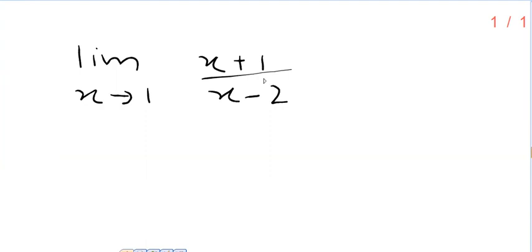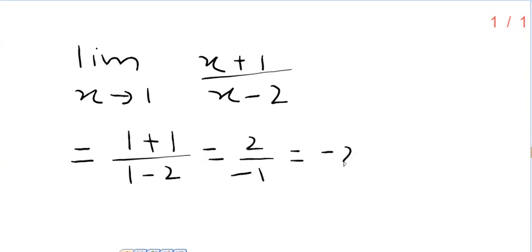So we should think of taking the limit in the very first step. In 99% of the cases, it is not possible, but we should try. Means what? Take the limit in the first step, that is replace every x by its limiting value which is 1. So 1 plus 1 upon 1 minus 2, that is 2 upon minus 1. Is it defined? Yes. So minus 2. See, the problem occurs when the denominator vanishes, that is, the denominator is 0. Here it is not 0. So we are in a position to take the limit.